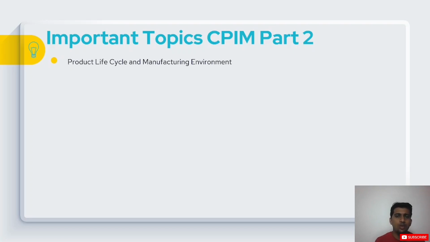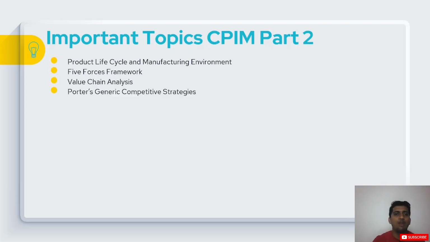So let me just quickly take you through the topics which are important for CPM part 2 preparation. Product lifecycle management, manufacturing environment, 5 forces framework, value chain analysis. You can expect questions which have implementation of product lifecycle and 5 forces framework, both concepts applied in a single question. So you can expect such level of questions, not just a single thinking or single application of particular terms. You'll find multiple concepts combining, and you have to think from the perspective of multiple concepts to come up with the answer. Value chain analysis, Porter generic competitive strategies, financial statements,